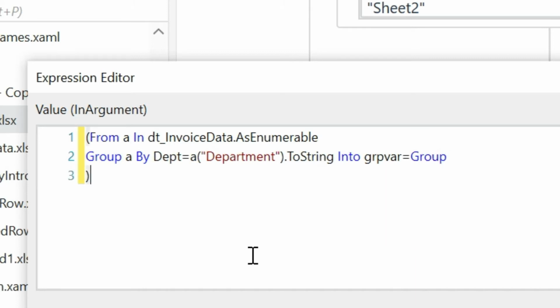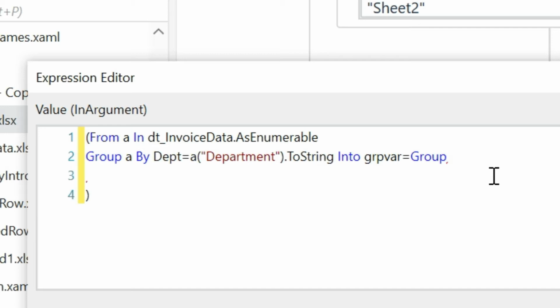Okay, now in the second line we are grouping the department column with the key name dept, and we are saving this collection, that is the grouped data, into a variable. That variable name is grp. We have just declared the group variable.